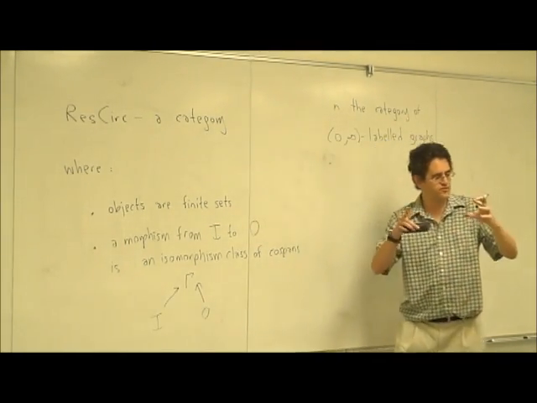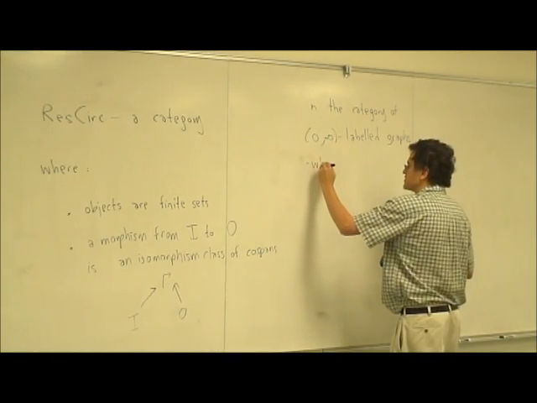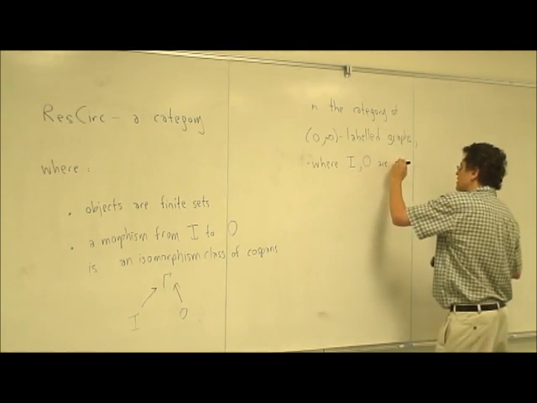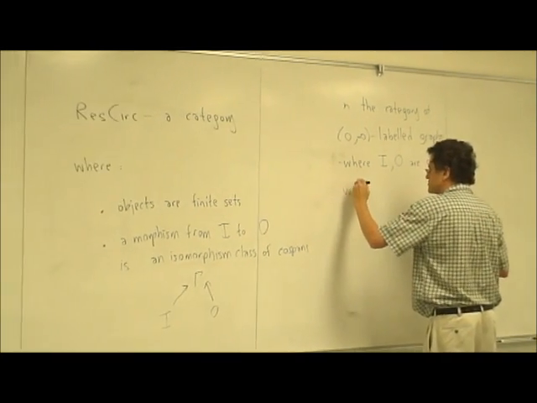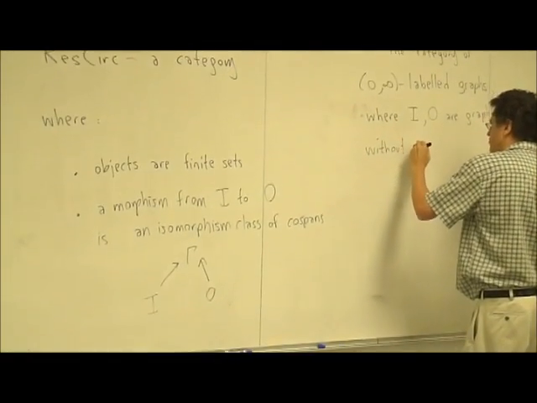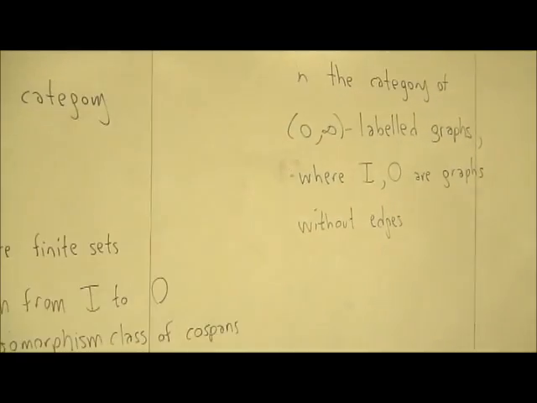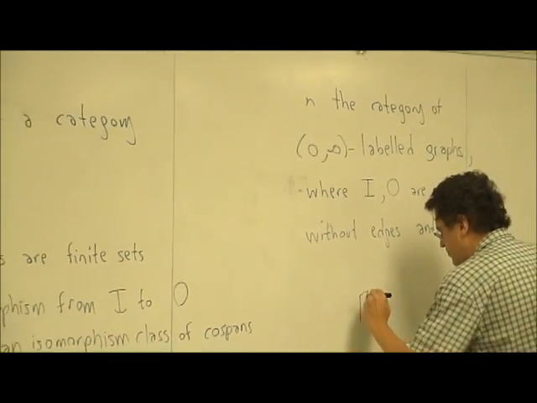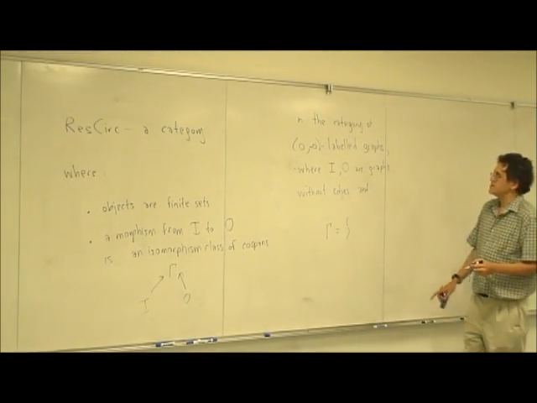You think of it as just a set of vertices, a graph with no edges. So they are sort of degenerate cases, but the more interesting piece is the middle. So gamma is this